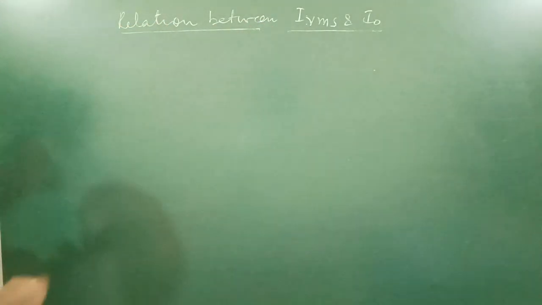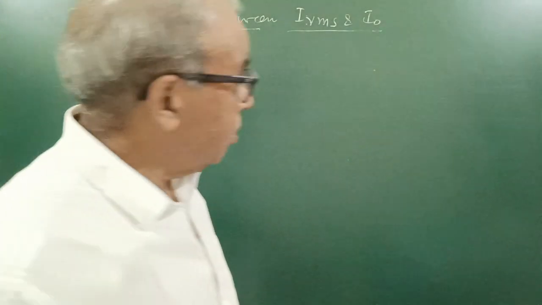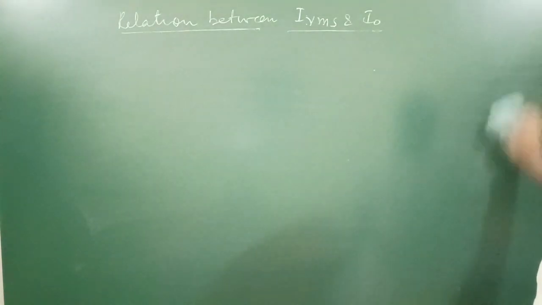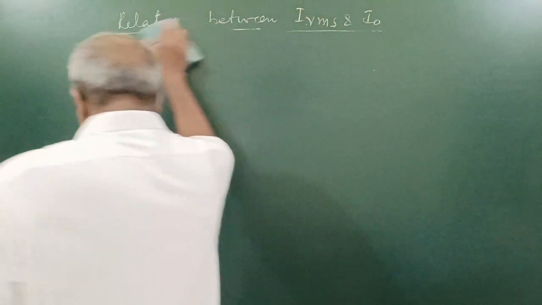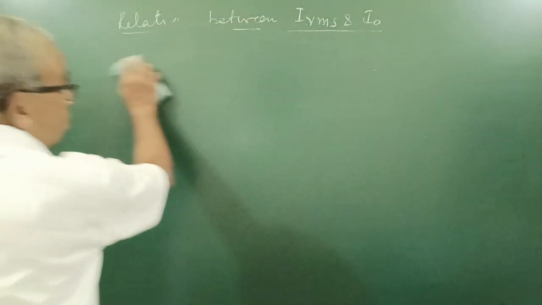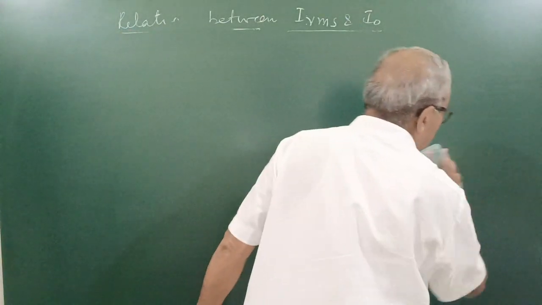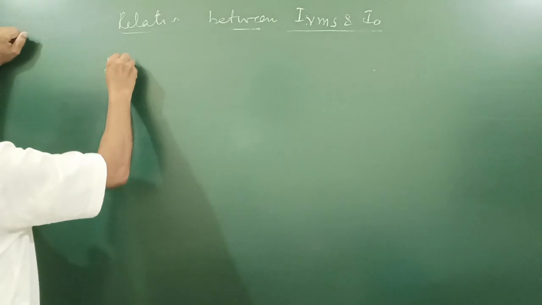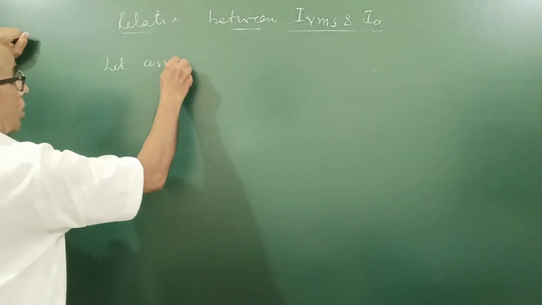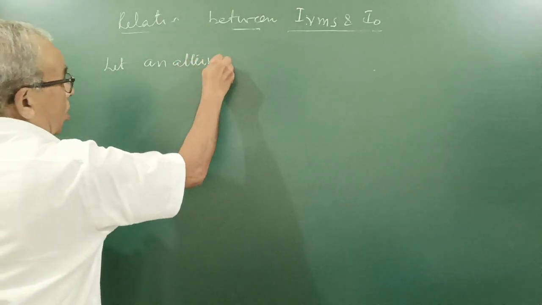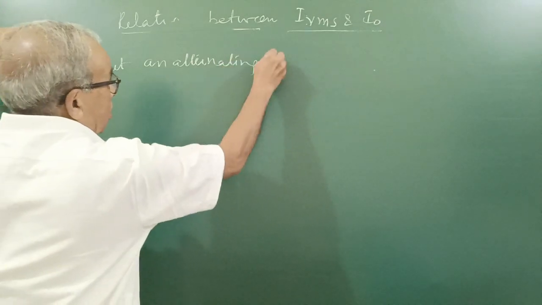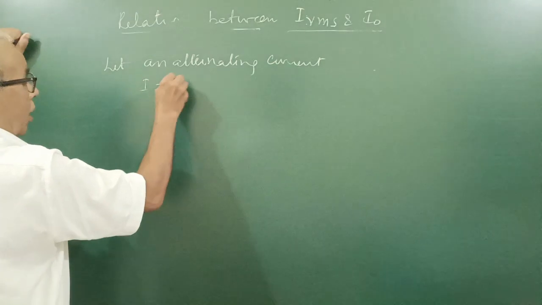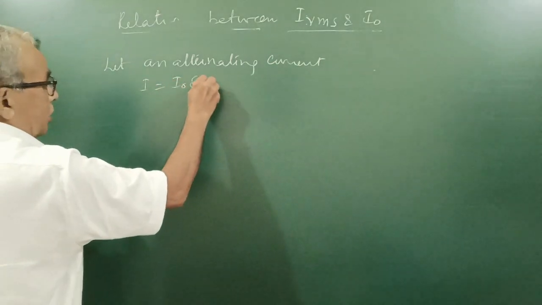Here a little mathematics of higher class is required, which is mathematics learned in class 12. 9th, 10th is not required here. So let an alternating current I equal to I0 sine omega t